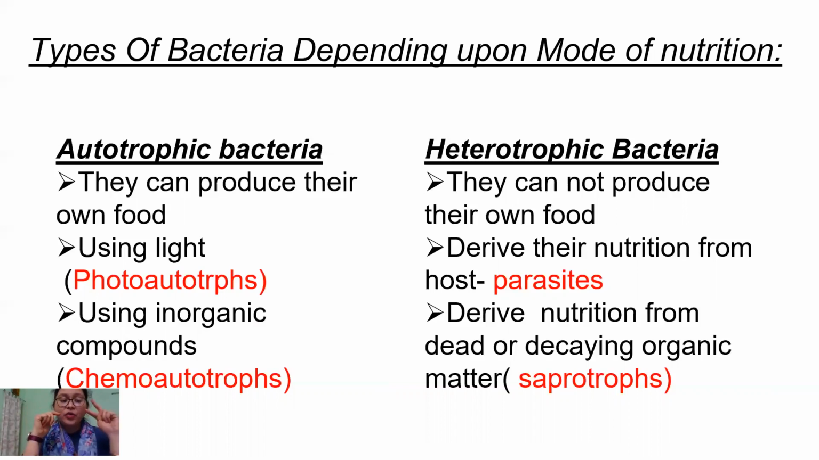Autotrophic bacteria are of two types: number one is photoautotrophic and second is chemoautotrophic. It's about the classification based on